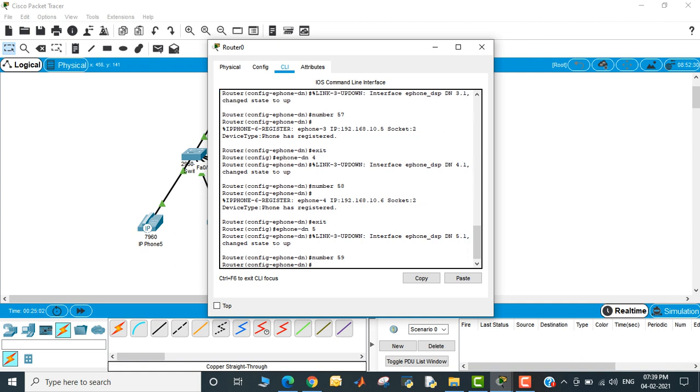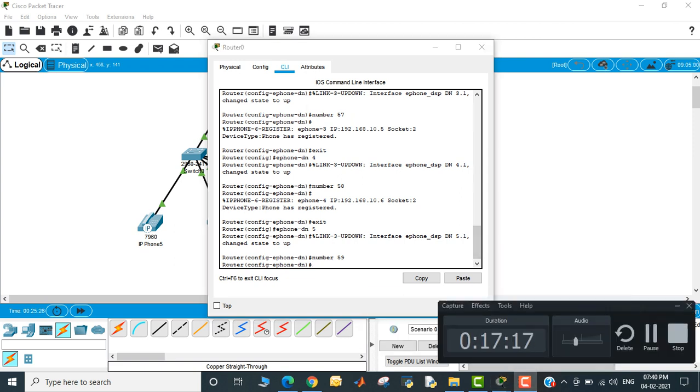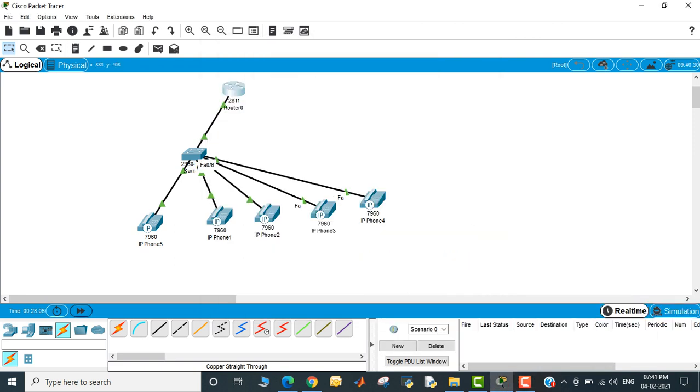Ephone 5, sorry, this is wrong. This is ephone dn 5, not registered. Why? I don't know. Okay, so all the connections are registered, I think.